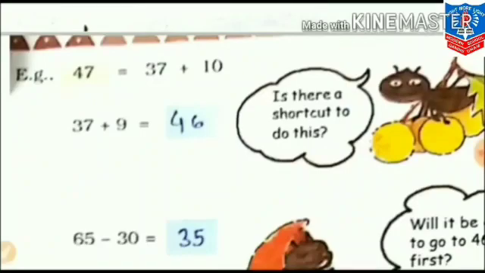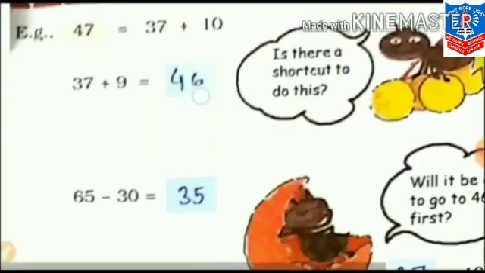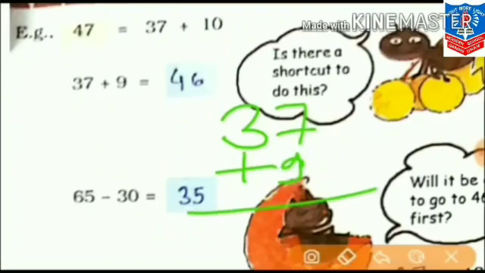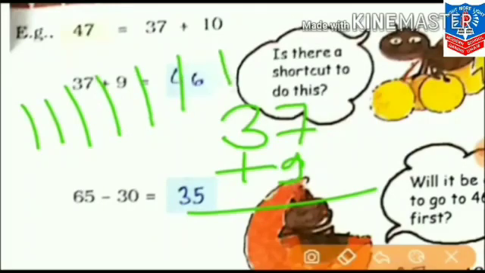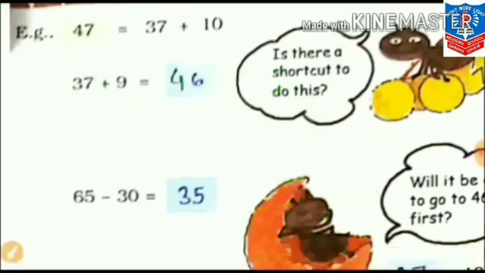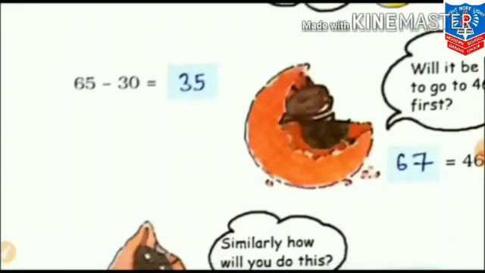There are additions given. 47 is equal to 37 plus 10. How much of a shortcut you can make: 37 plus 9 is equal to 46. 37, 38, 39, up to 46. Now we are not seeing this in detail, children, because it's just a revision of second standard. You are dealing only with 2-digit sums, units place and the tens place. Hundreds place has not started yet. So 9 plus 7 how much will it be? 16. We will write 6 and carry 1.